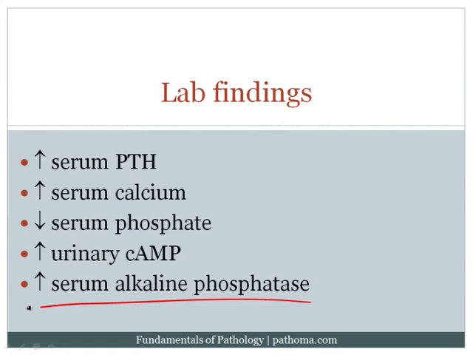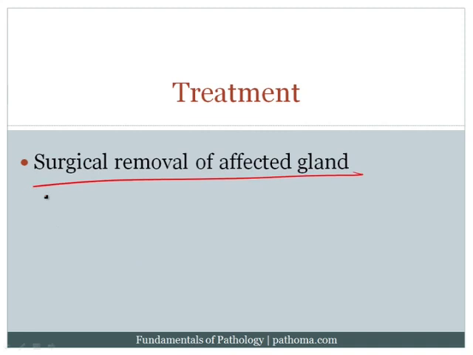Well, the answer is that remember that the PTH doesn't directly activate the osteoclast. It actually activates the osteoblast, which is going to lay down bone, and at the same time turn on the osteoclast, which will eat up bone. And so the osteoblast is actually going to be turned on. It's going to lay down bone, and when it lays down bone, it actually produces alkaline phosphatase. So the alkaline phosphatase is actually a sign of osteoblastic activity, and that's because, of course, the PTH receptors are on the osteoblast, so that becomes high yield as well. The treatment is surgical removal of the affected gland, and so, for example, if there's an adenoma,